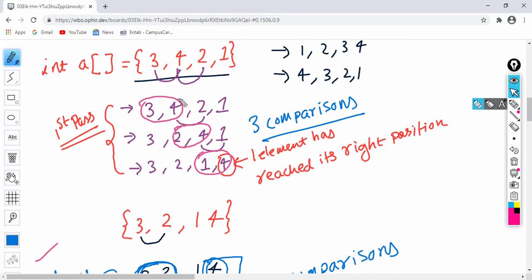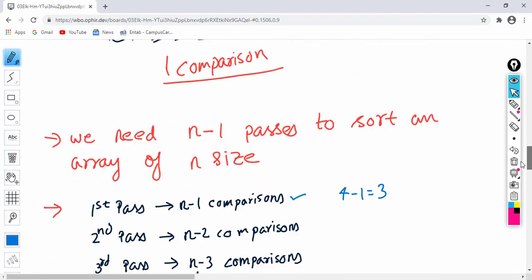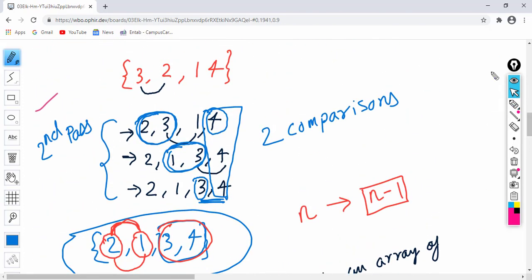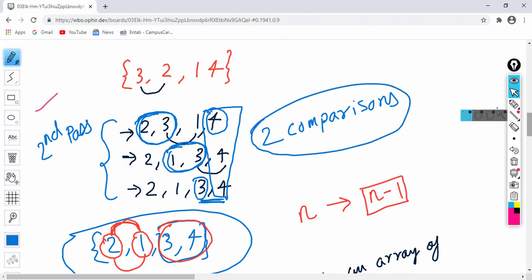Now, in the second pass, n value is 4, we have 4 elements in the array, and this time 4 minus 2 will give me 2. We needed 2 comparisons in the second pass.